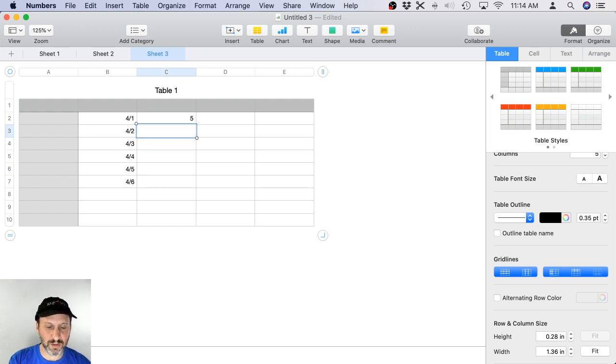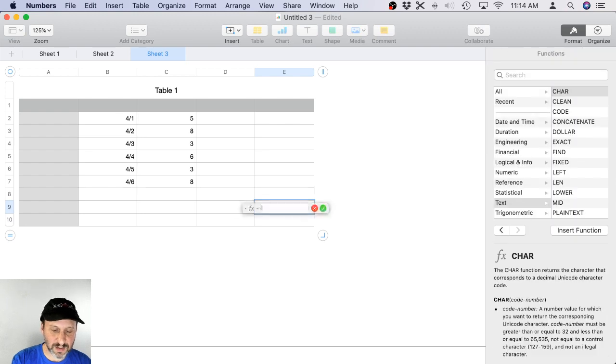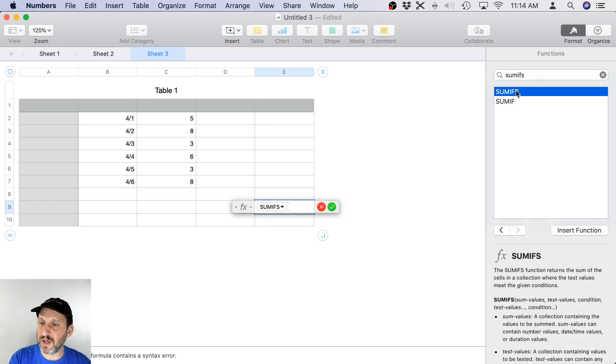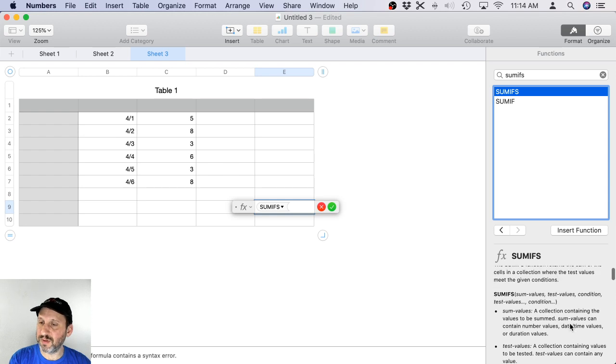And if you want to do a SUMIF of these, you could do something like this, SUMIF, and you would do SUMIFS with an S. And then if you look in the functions over here, you would see SUMIFS allows you to do multiple,